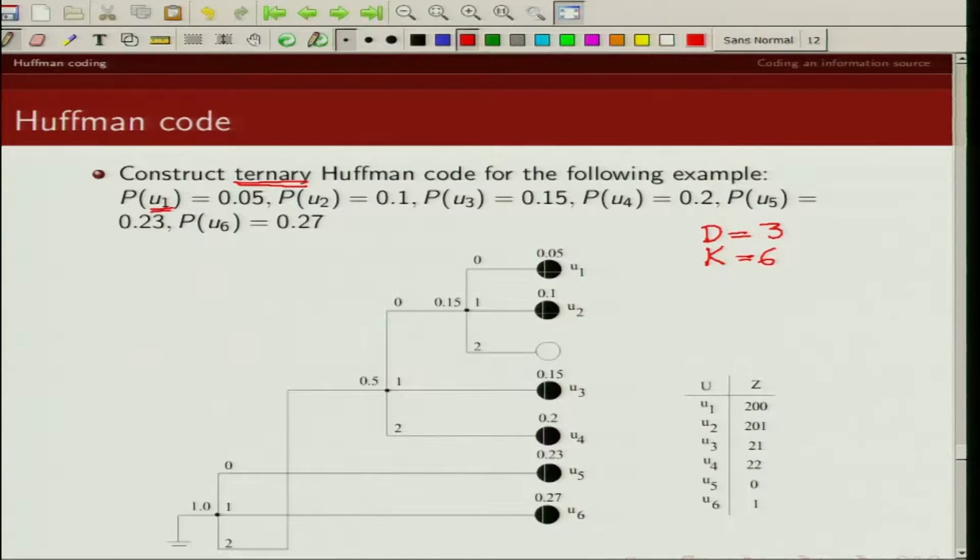So u takes 6 different values, u1, u2, u3, u4, u5 and u6, and these are the corresponding probabilities of these ui's. The first step is I write down all my ui's and the corresponding probabilities.